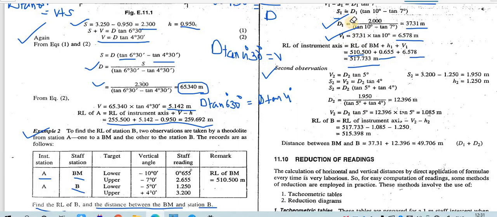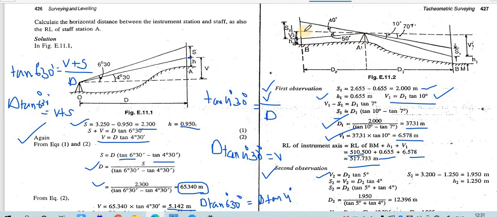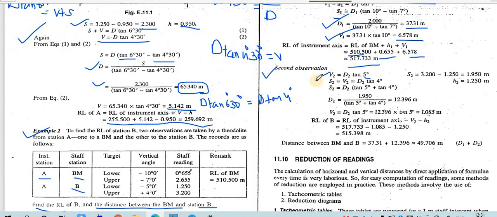In the second observation, first we are considering the bottom angle. So this will be what? V2, because this height is V2 by what? The horizontal distance D2, because this is D1, this is D2. And in the second case, it will be what? S minus V. The angle for this one, it will be S minus V2. So this is minus, okay?